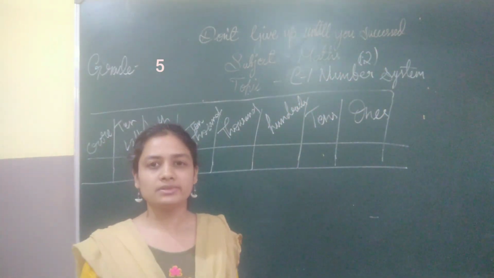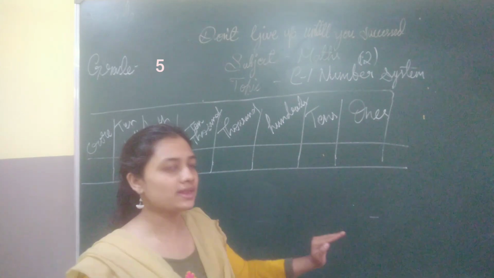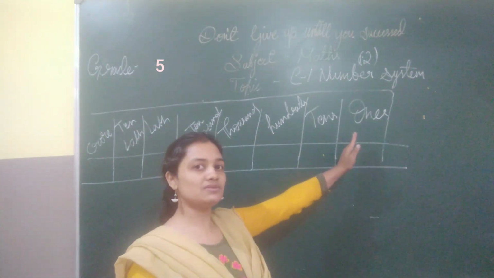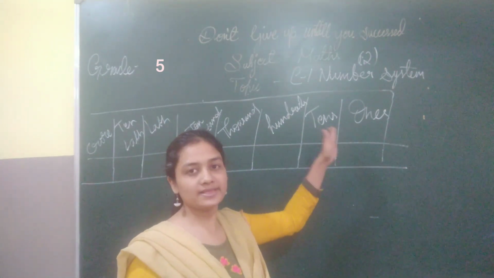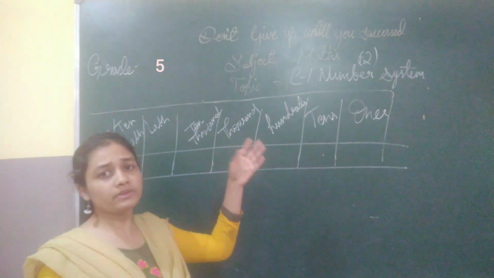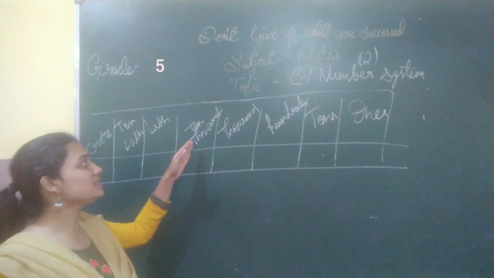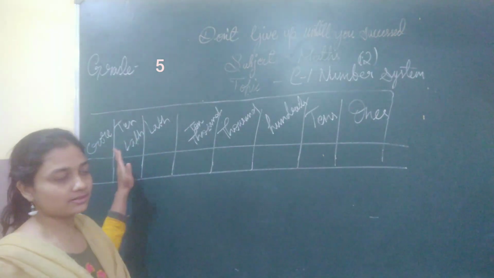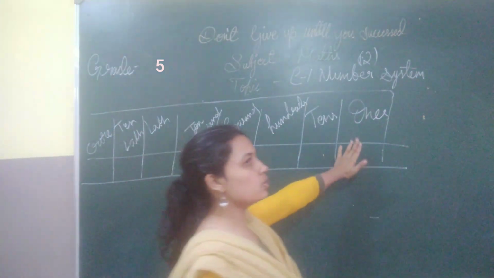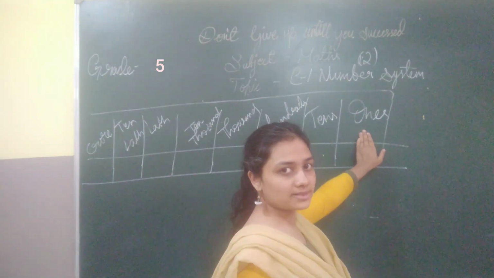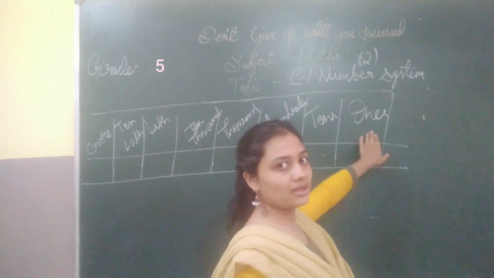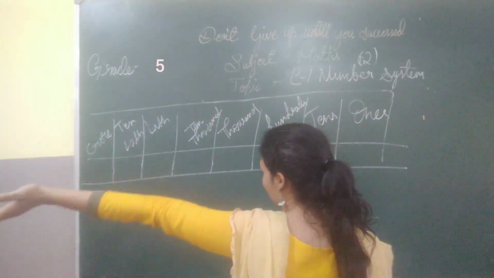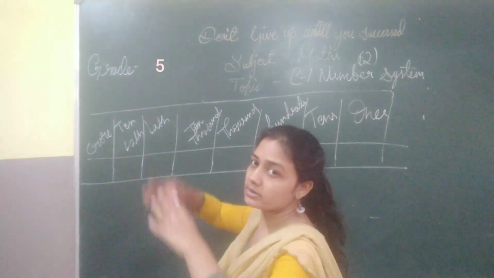So you all have learned the place values from your very first standard. You would have learned ones and hundreds, and in your previous classes you would have read till 10,000. And today you will be learning some more places. So what are the places which you know? You always start from 1. That's the smallest place. As you move towards your left side, the values become more.